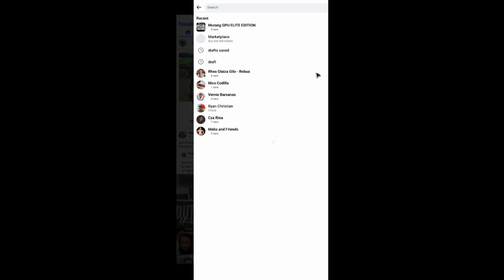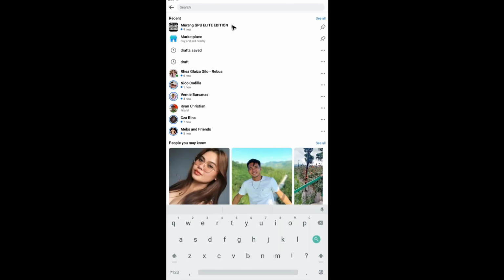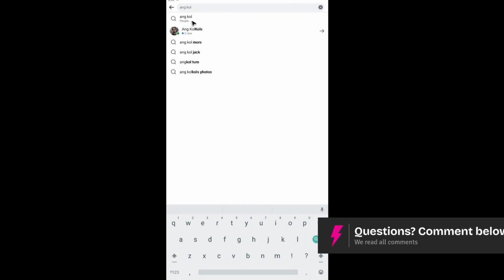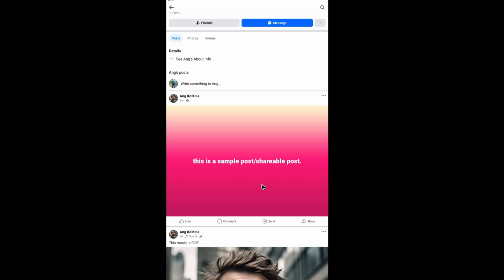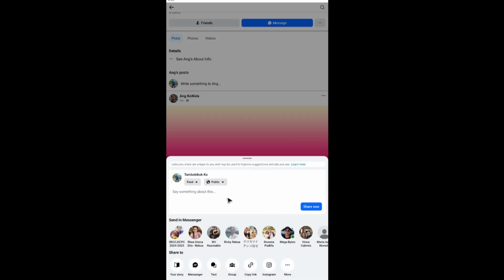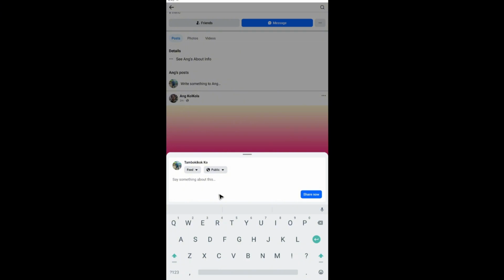All right, when I locate that particular profile, just right here, I'm going to tap on it to open the profile. Now I'm going to look for the post, which is right here. As you can see, it is now shareable. All right, just go ahead and type in your description right here and hit on share now, and you're good